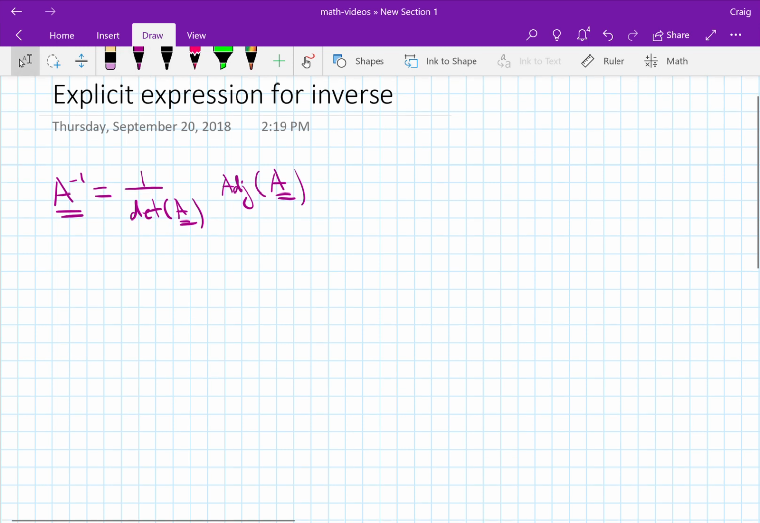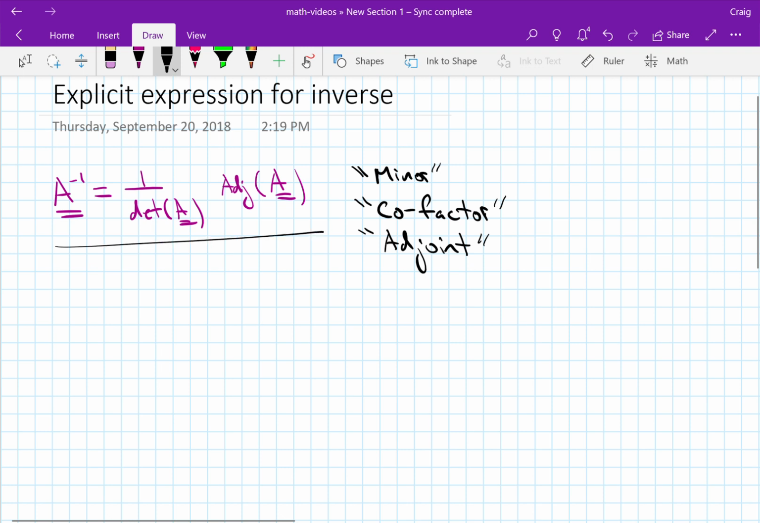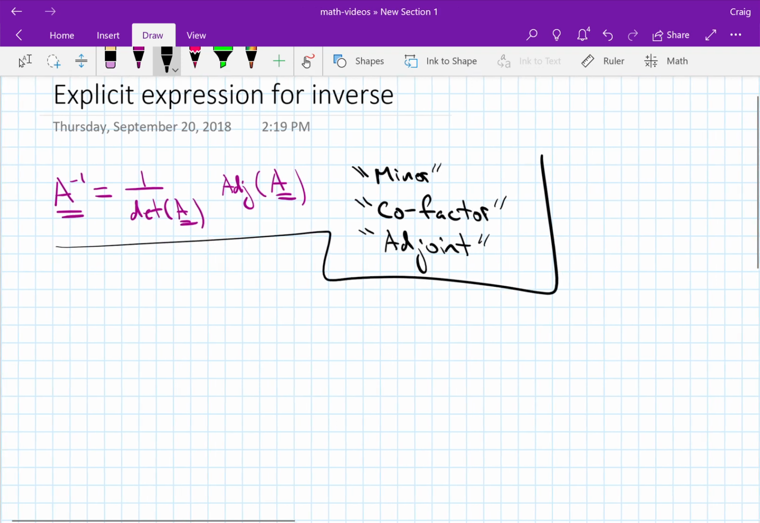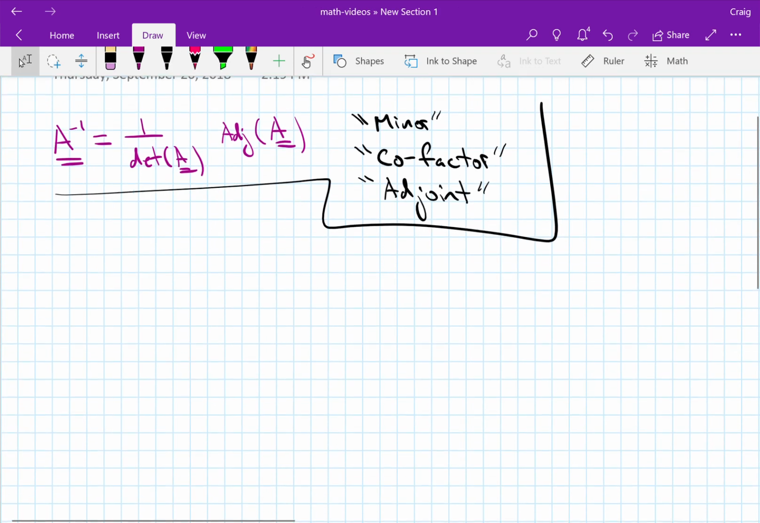So a lot of this is terminology right here. There are some related jargon terms: the minor, the cofactor matrix, and then finally the adjoint of a matrix. These are not completely universal, so let's be careful, and I'm being careful here that my definitions of these things agree with Greenberg's. So the minor